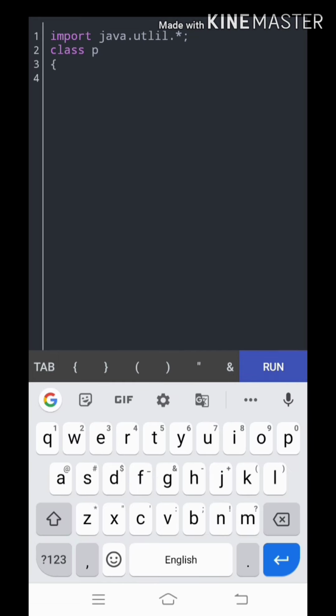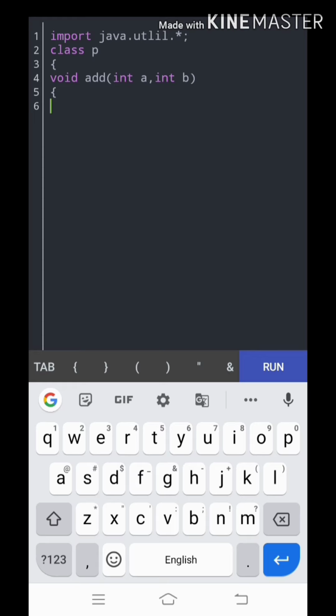Now as we are dealing with method with the parameters, I am going to declare the variables inside the parameters. So directly I am going to declare a method called void add, and I am going to initialize two variables, int a comma int b. In this add function I am going to add the two variables a and b, and store the result in another variable c.